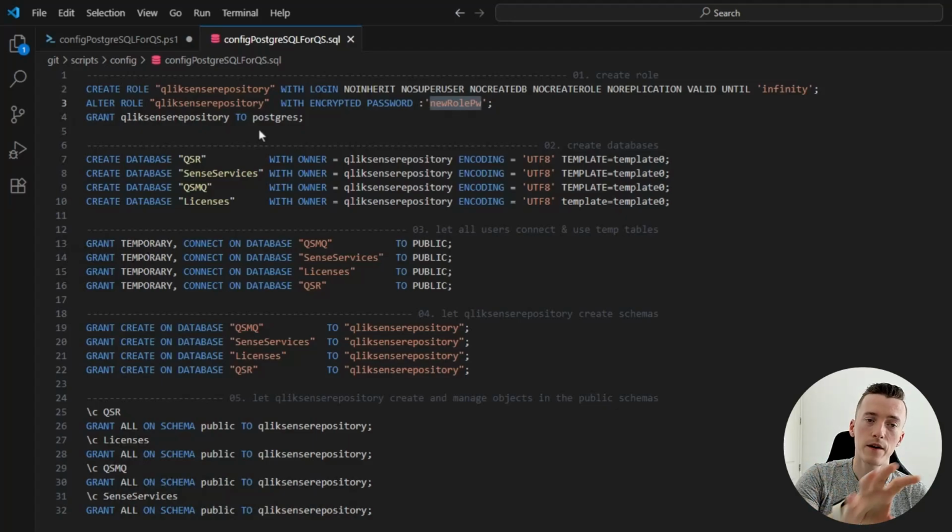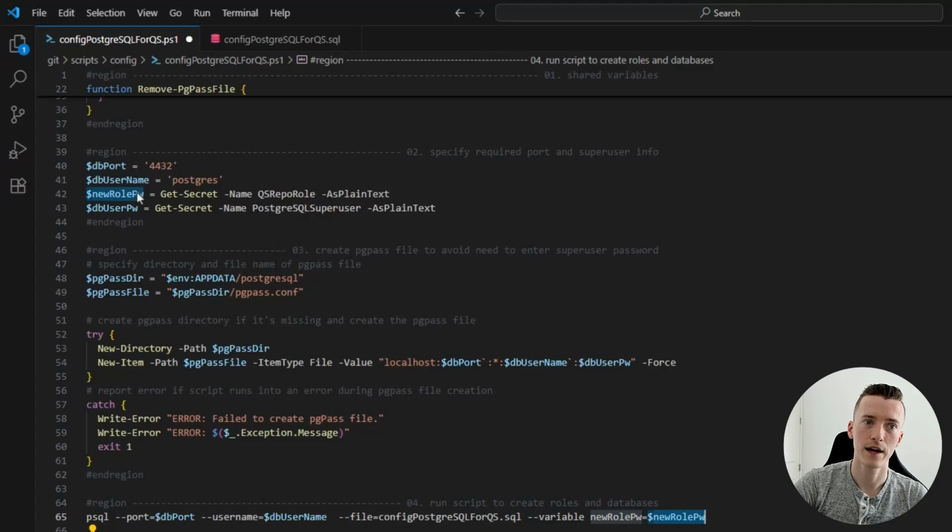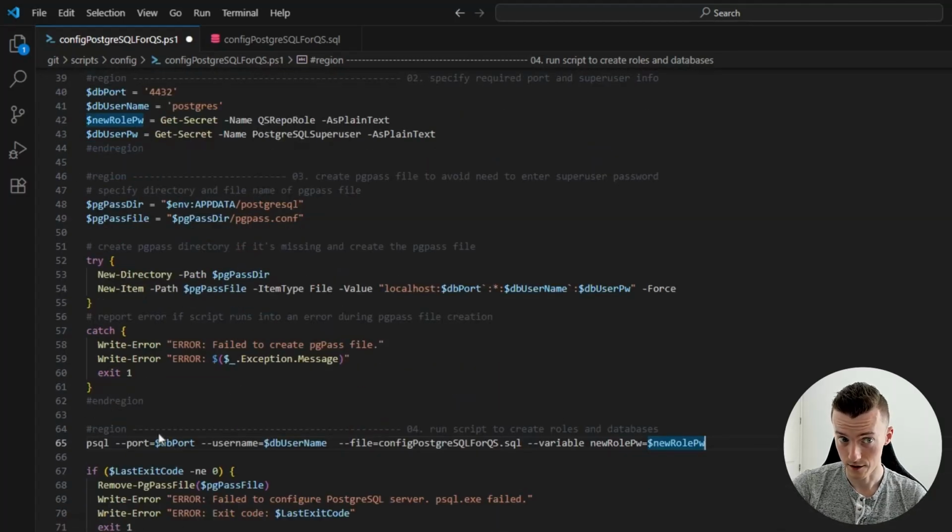Instead of hard coding the password, I'm just passing it through the command, and I'm pulling that password from the credential manager. So that is much more secure. You can't really see the password, yet it is being used and securely assigned in here. So that's what's happening here. It's a simple command. We specify the port number, the username that we want to use, which script we would want to run,